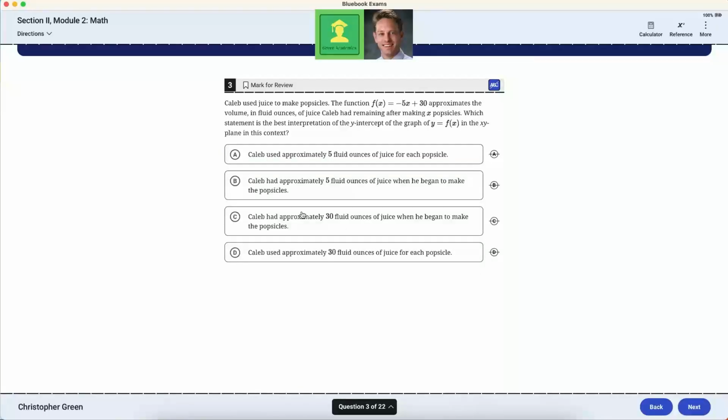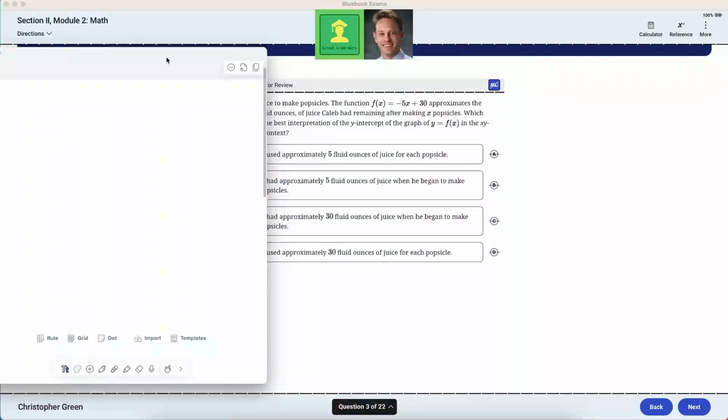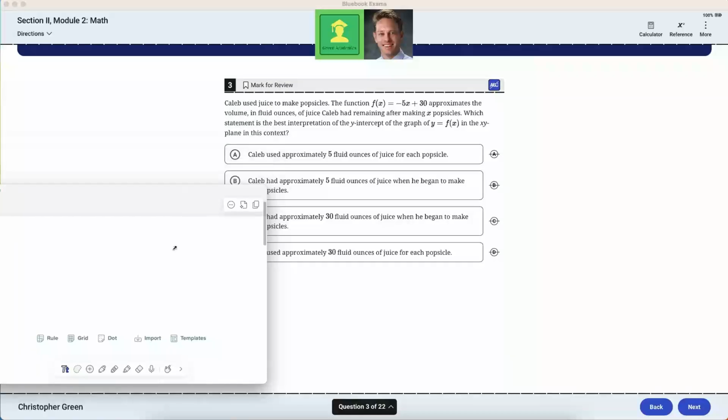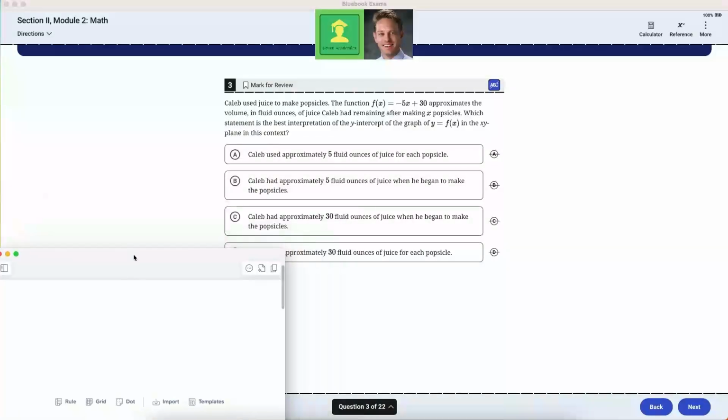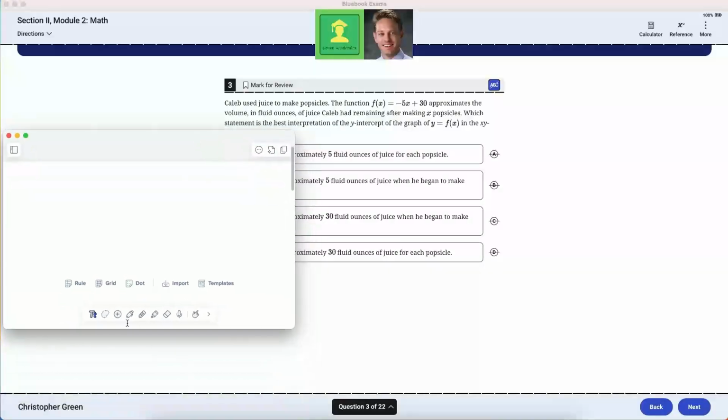Caleb used juice to make popsicles. The function approximates the volume in fluid ounces of juice Caleb had remaining after x popsicles. Which statement is the best interpretation of the y-intercept of the graph of that in the xy plane? Well, if you wanted to make a simple sketch of this, let's use the units that they recommend. I'm going to try to move this out of the way for the purpose of drawing the picture. It would be